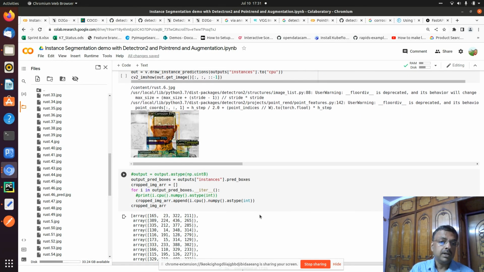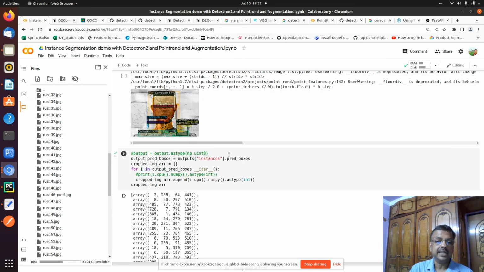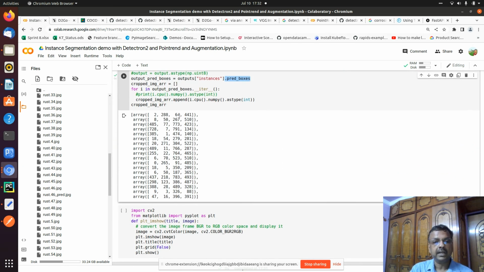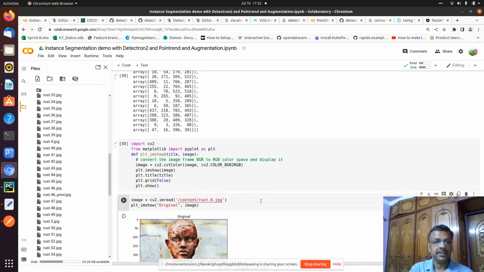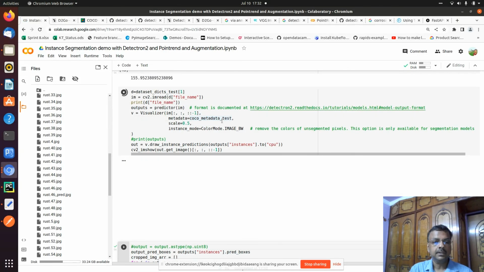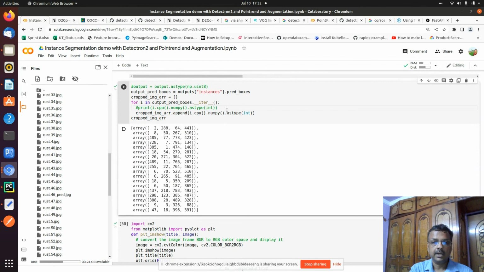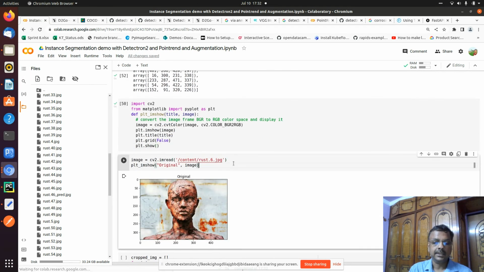So in that case, one strategy we have used and has given us good results is basically cropping the images based on those segmentations and then running it through a classification process. And that can be done very easily using the output instances which Detectron provides, using the pred boxes, and creating a cropped image array which gives the XY coordinates of the top and bottom corners. And using that, I can basically crop out an image easily. And so this is my image. For example, I'll generate the prediction. So I'll create the boxes for this, and then I can see that this is my original image,